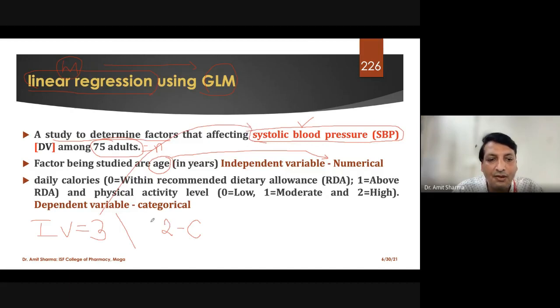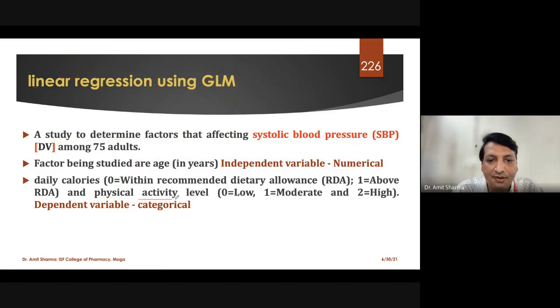So what are those independent variables? One, as I have already discussed, is age, and age is a numeric variable. But two more we are including, and these two are categories. The first one is physical activity, which is categorized into three categories: low, moderate, and high. And the second one is calorie intake, that is, how many calories the patient is taking. Now this is divided into two different codes.